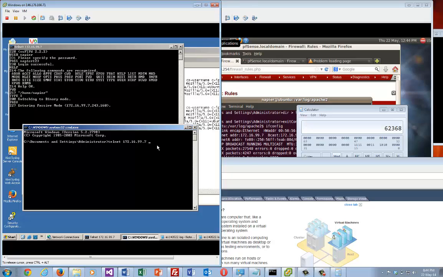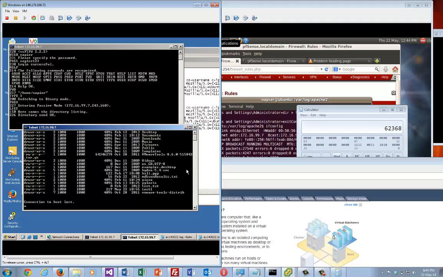.99.7 on port 62368. Okay, so we now do a list, and we're going to connect in 62368, and there you go. Okay, I hope you could see that